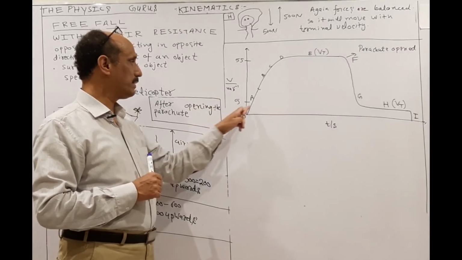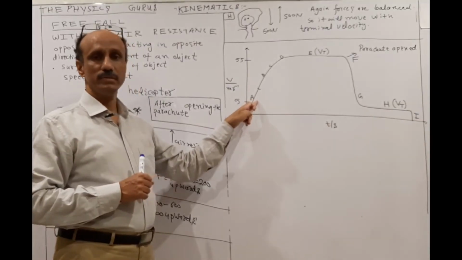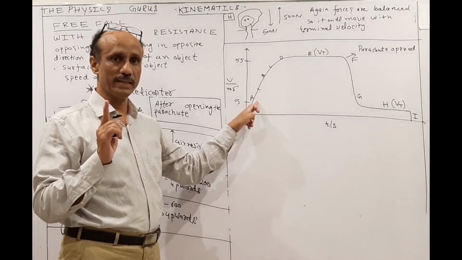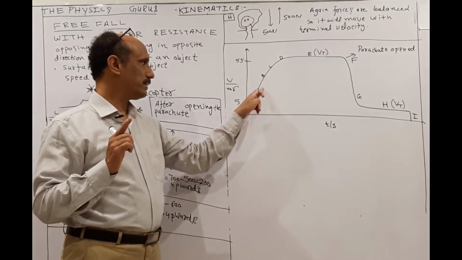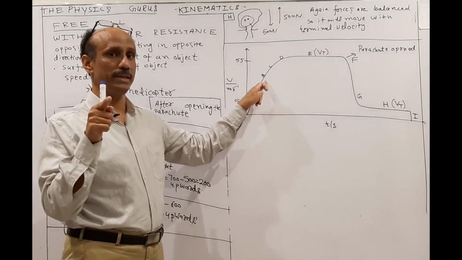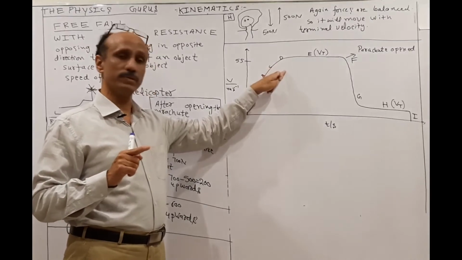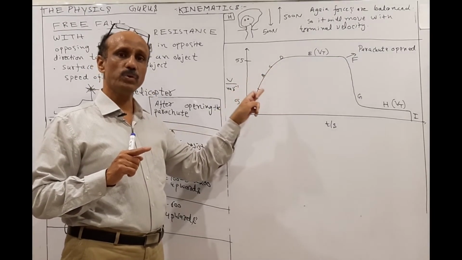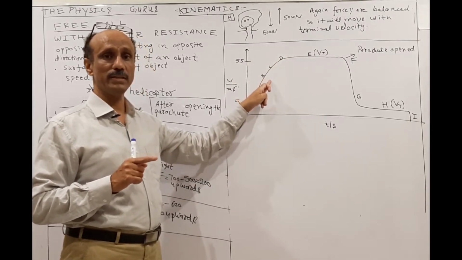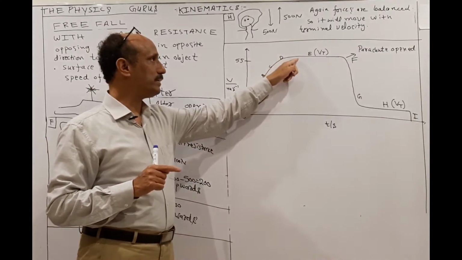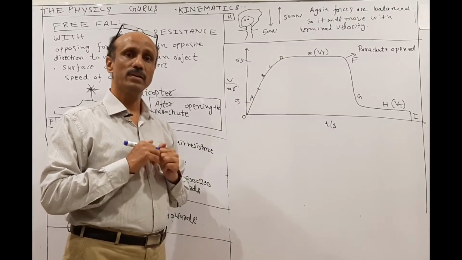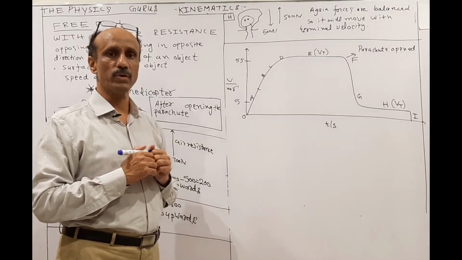I will recap. Till point A, one force was acting, that is the weight, acting in the downward direction. So acceleration was constant. Then the air resistance increased due to the increase in speed. So this area is related with the speed, due to which the forces start becoming balanced and acceleration starts decreasing. So up till point D, almost the forces become balanced, and eventually at point E, the paratrooper moves with constant velocity.